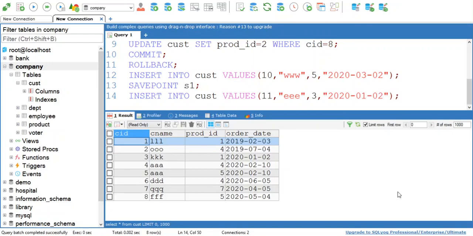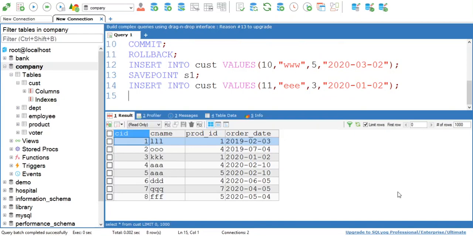So two insert queries are written, and after the second insert query I have created another save point, save point S2. See, here I have written one insert query. After that insert query I have created one save point, then again I have written another insert query, and after that another save point is created.